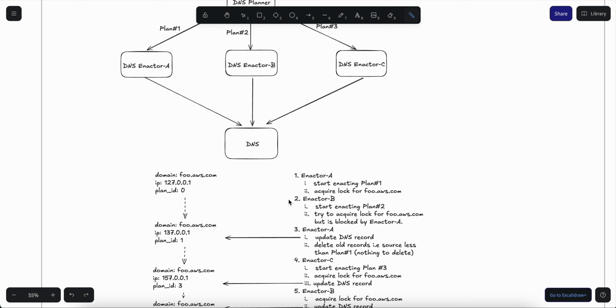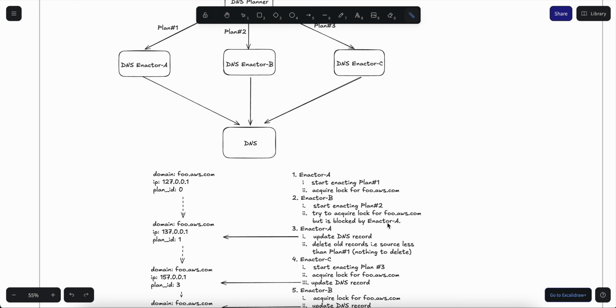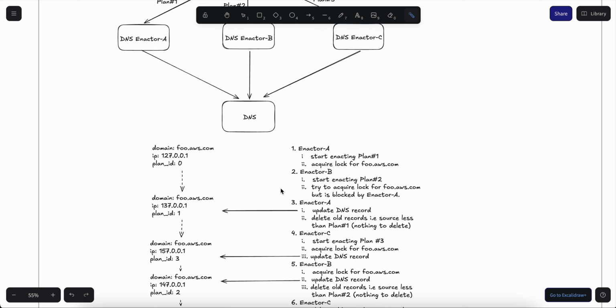However, at the same time, enactor B tries to begin plan 2 and attempts to acquire the lock for food.aws.com also. However, it is blocked because enactor A has not finished executing its plan. So it goes into a blocking state. At a later time, A finishes updating the DNS record.